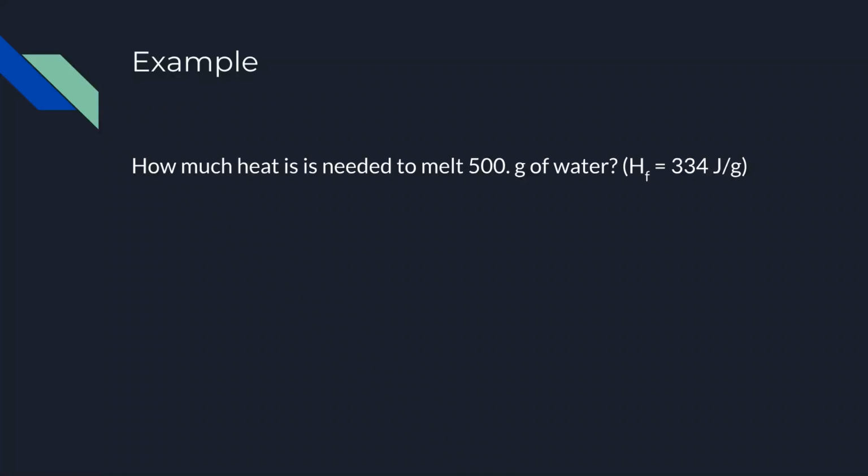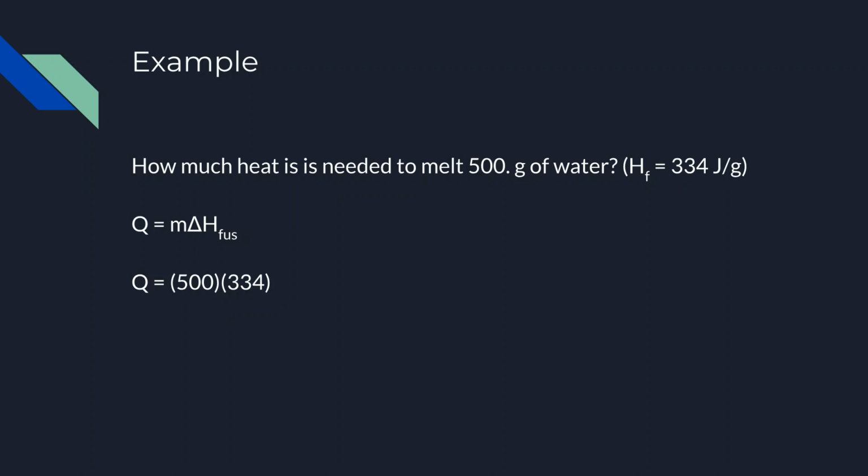So an example, how much heat is needed to melt 500 grams of water, where the heat of fusion is 334 joules per gram. So we have to use the equation for the heat of fusion because it says melt. So we're going from a solid to a liquid form of that water. So since it's going to be heat of fusion,